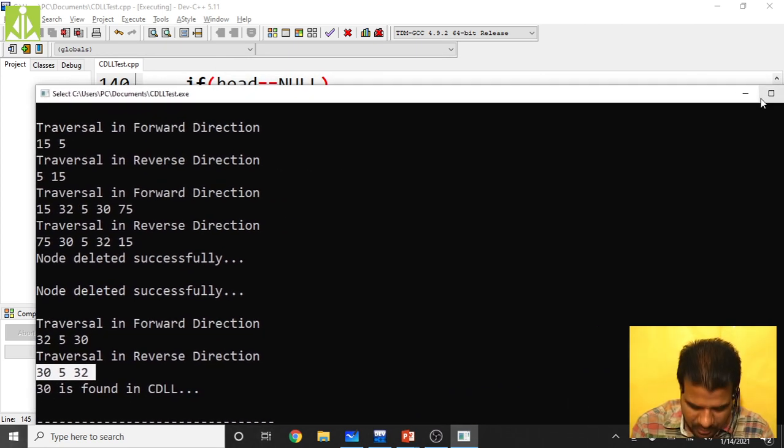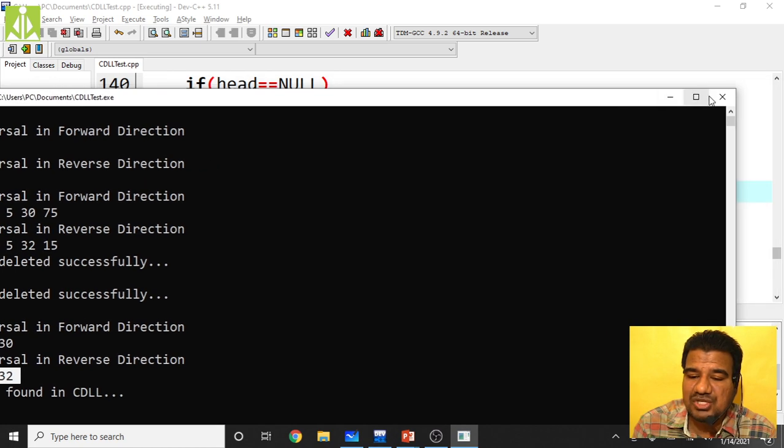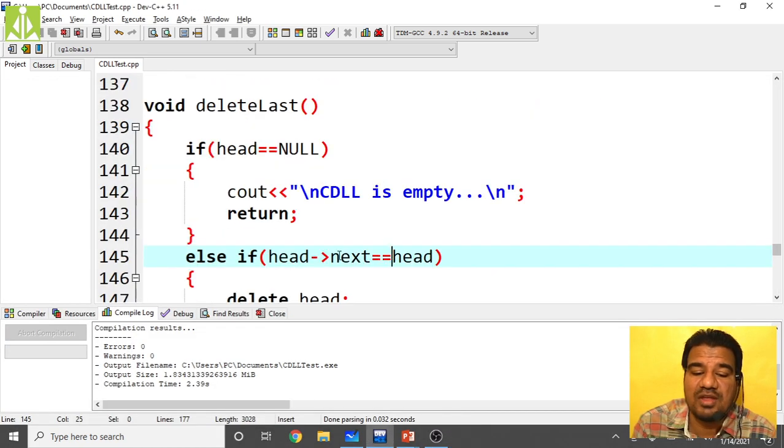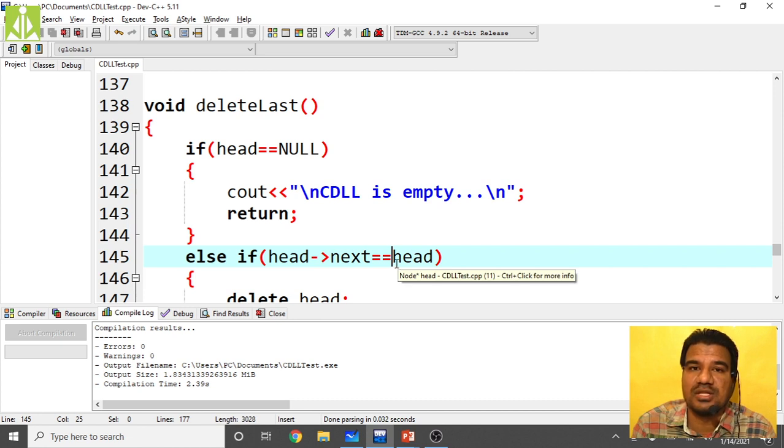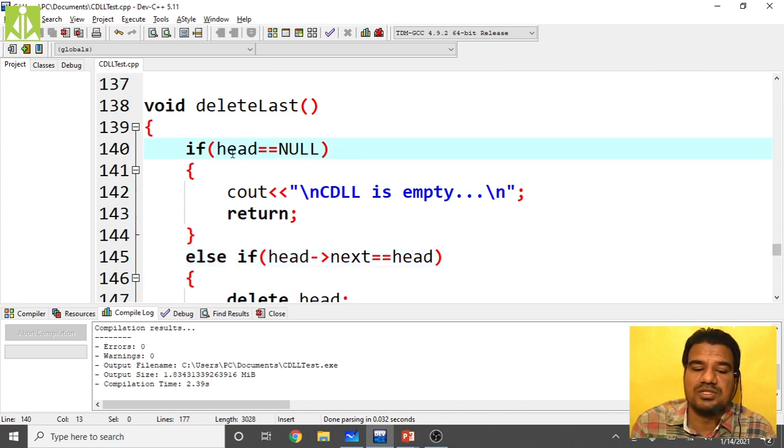So make sure when you are coding, whenever you are framing the condition, you have to use the comparison operator, not the assignment operator. I used the assignment operator, that is the reason why I got that error. Here also, if you simply make it head equals to null, you will get the complete code wrong. So in logical condition framing, or relational condition framing, we have to use only the comparison operators or relational operators. We should not use the assignment operators.